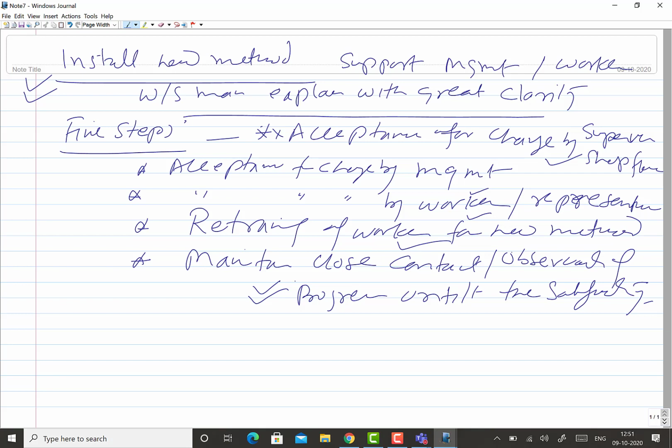Okay, and this is important in a number of ways. The workers resist these changes a lot. Why? Because it takes some time to learn the new method, and whenever a new thing is learned, it takes a little longer to complete the job using the new method.